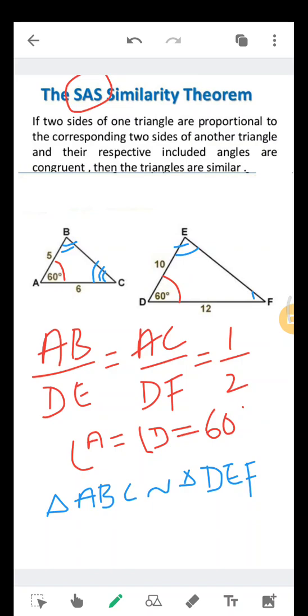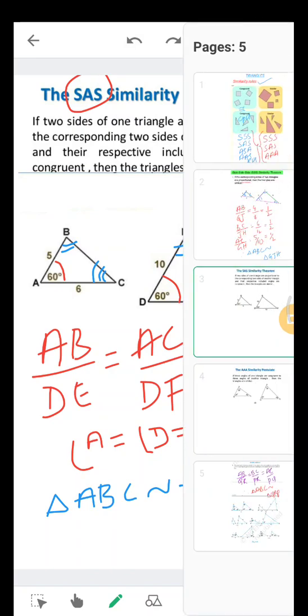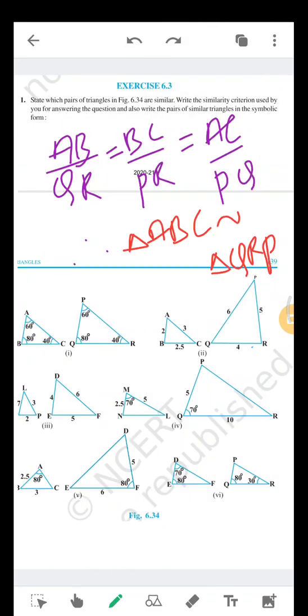So angle C will be equal to angle F, angle B will be equal to angle E. So this is the way we use the SAS similarity rule. So in the exercise questions you can check whether the fourth one is